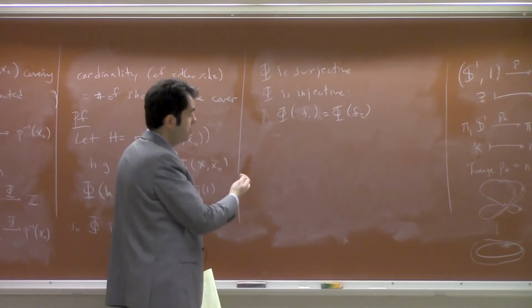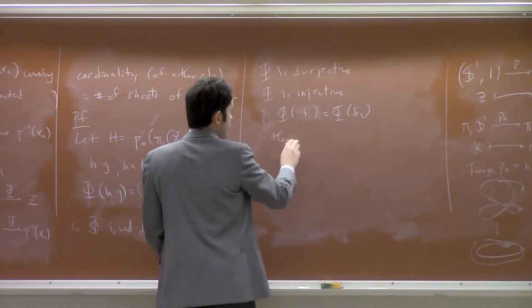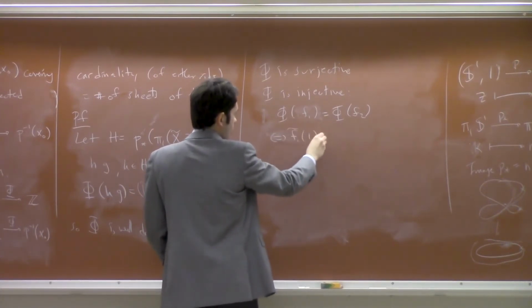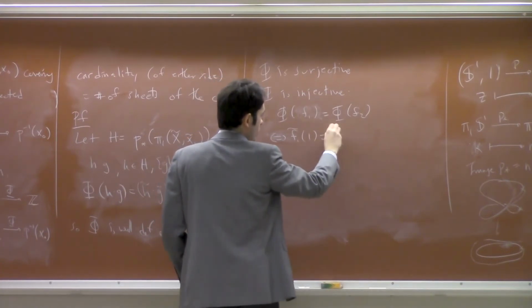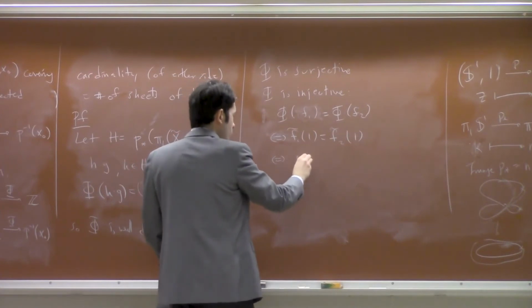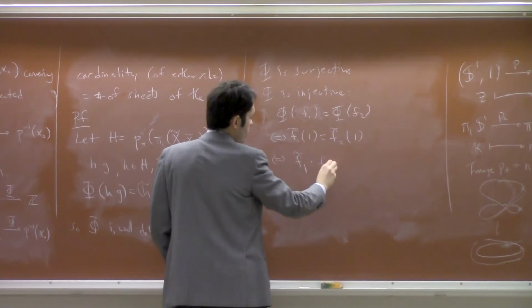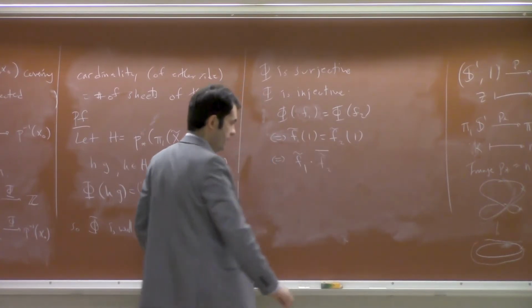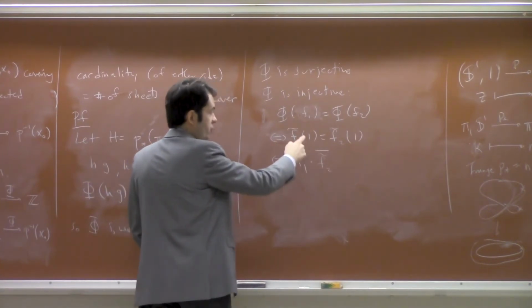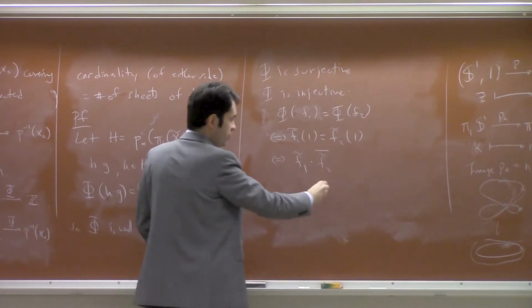So you have the same image under phi. This is the same as saying the lift of phi1 at 1 is the lift of phi2 at 1. Then you can do phi1 tilde and then phi2 tilde in the opposite direction, and this will go from x naught tilde to this point, and this will go from this point to x naught tilde. So this is a loop